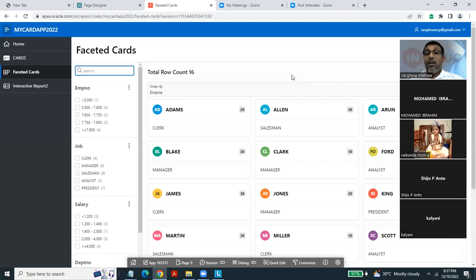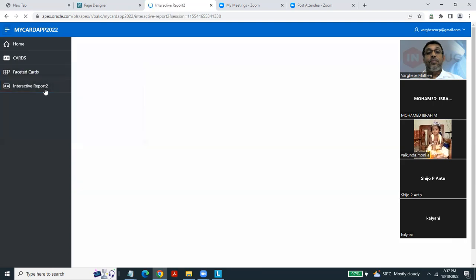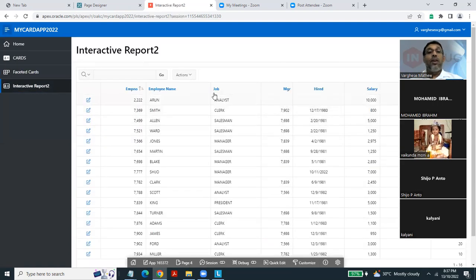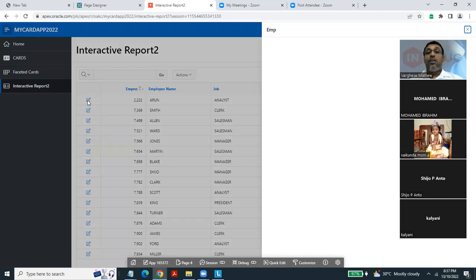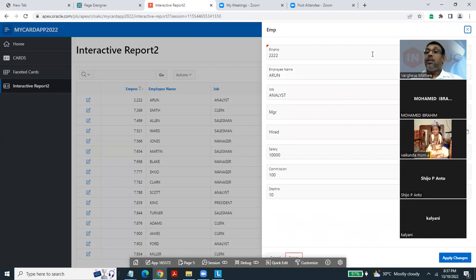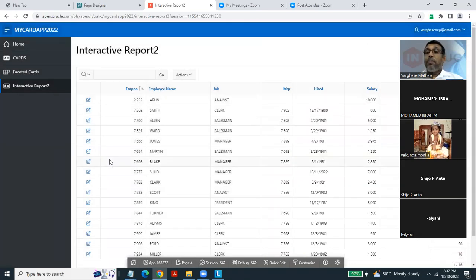Okay, now let us go to the interactive report. You can see the same thing we learned yesterday. The same interactive report is also created, and then you click on this, and it's the same thing which is appearing here. You can see I also told how to move this to the center. That was already covered in the last section. So you can see now an app is created